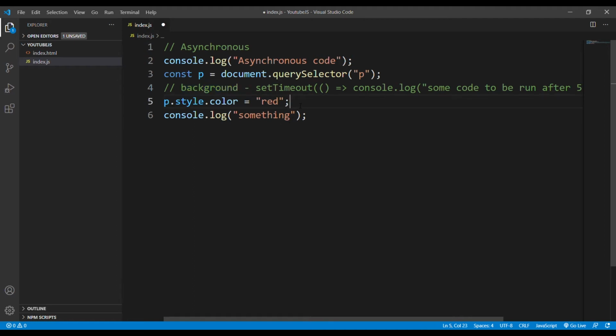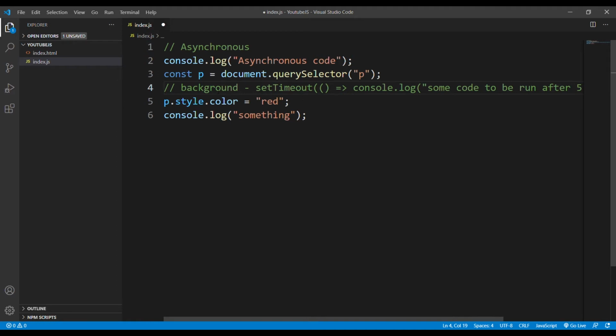Okay. This will be executed after the 5-second timer, so the timer is expired, and the rest of the code is still being executed even though it's running in the background.